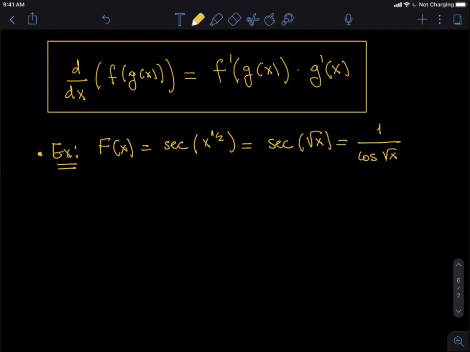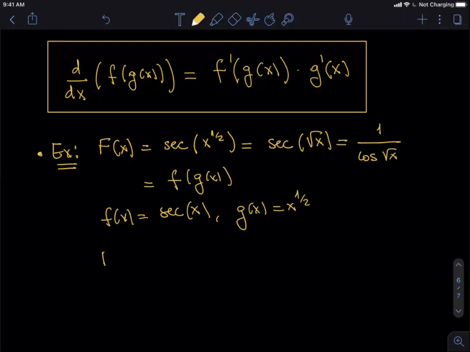Now, this is the composition of two functions, f and g. Okay, my f is the secant, and my g is x to the 1/2. All right, so f prime of x,